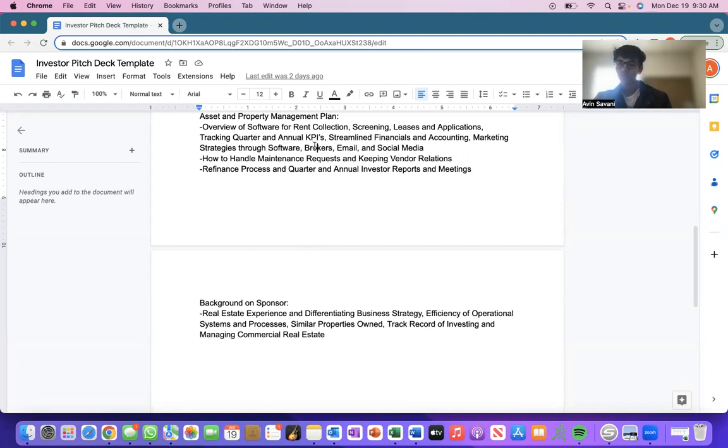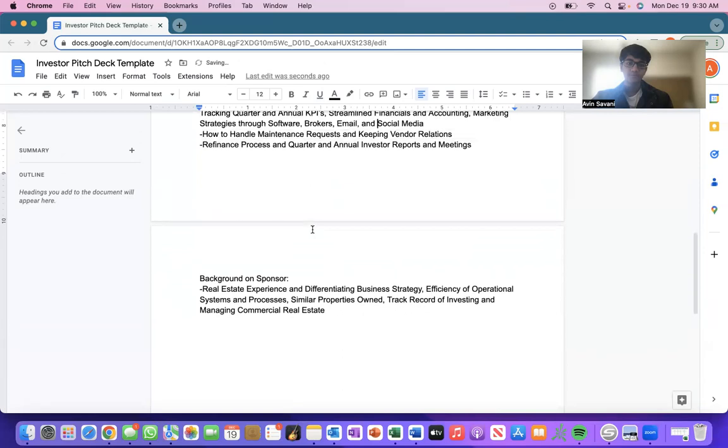They will obviously require a broker's commission, what's called a leasing commission. So just keep that in mind. And then the email marketing, that's pretty simple. If you have a solid CRM database of a lot of good contacts, and especially people living in that area, then you can do some email marketing that way. And then obviously social media, you can advertise through Facebook or Instagram and attract people that way.